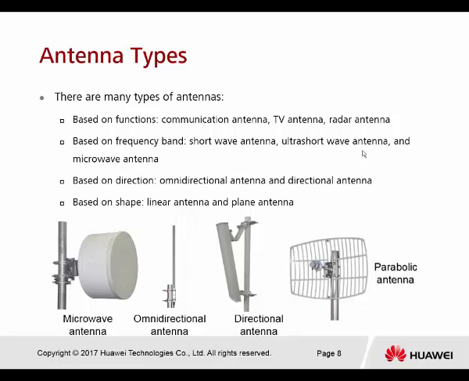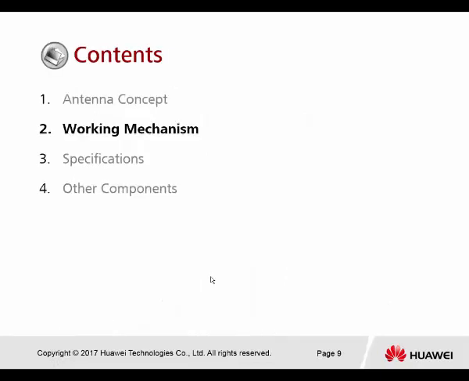Based on function, there are communication antennas, TV antennas, and radar antennas. Based on frequency band, there are shortwave antennas, ultra shortwave antennas, and microwave antennas. Based on direction, there are only two types: omnidirectional or directional antennas. Based on shape, there are linear antennas and plane antennas. Below here are some example antennas. The working mechanism: